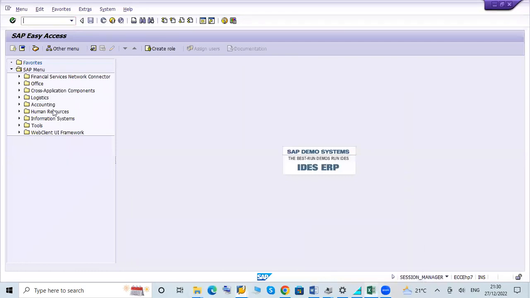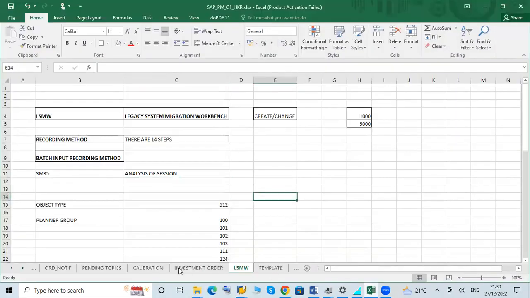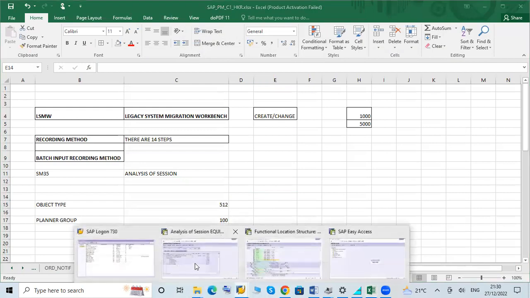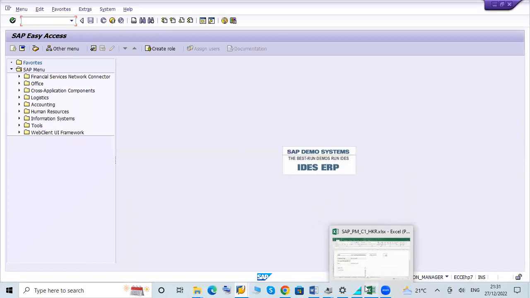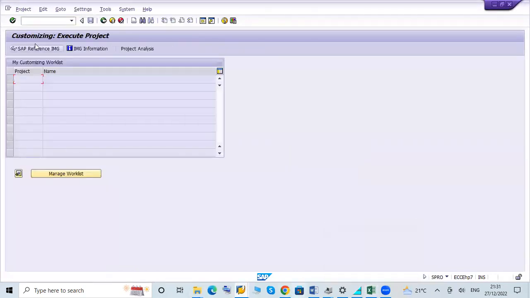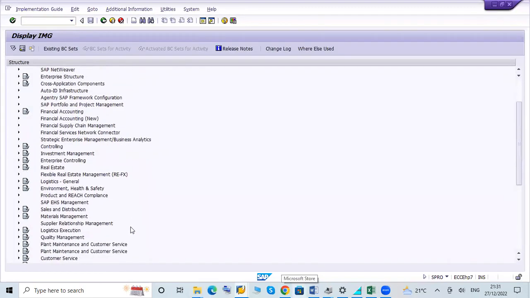Yeah, this covers your LSMW topic. Now, the next thing is the notification process. You want to create your own notification. Then go to SPRO, go for your SAP Reference IMG,